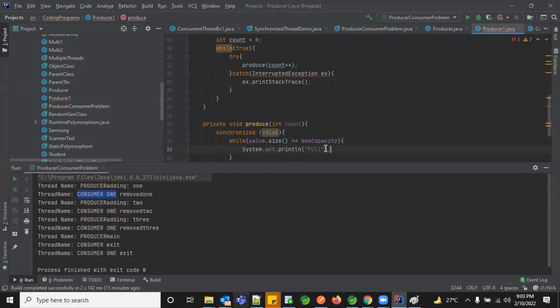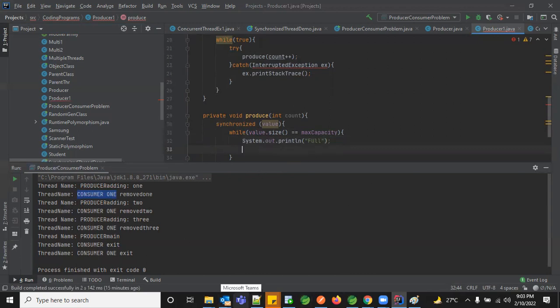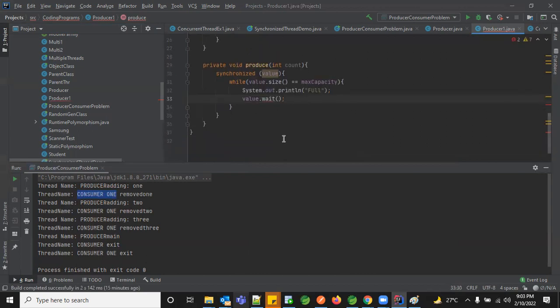And here I'm going to initiate something called wait, with the help of the list object value dot wait. Since it either throws this exception or you have to give the try catch block. So now, did you get what I did here?